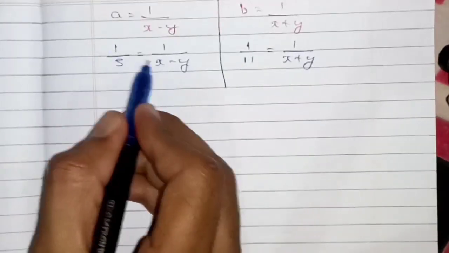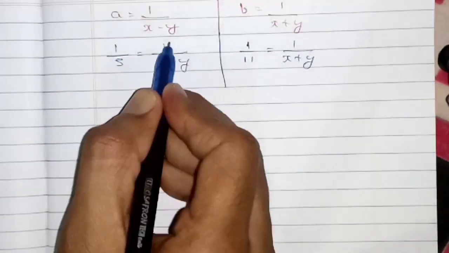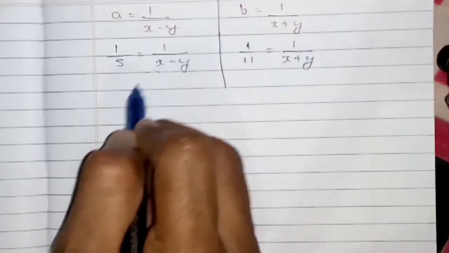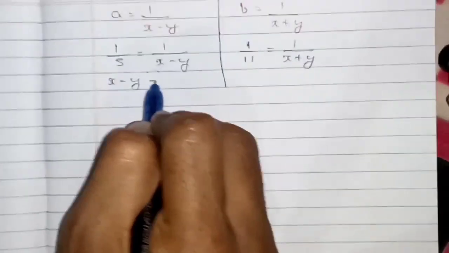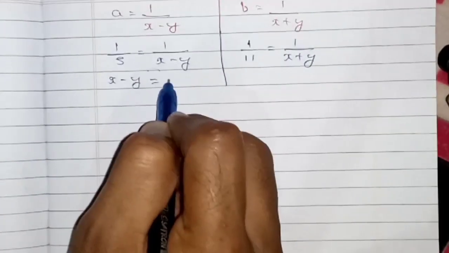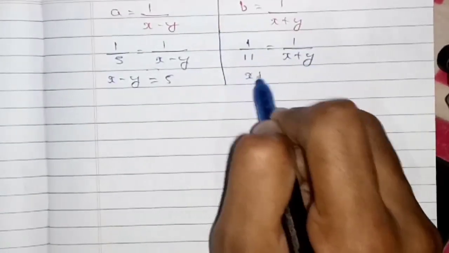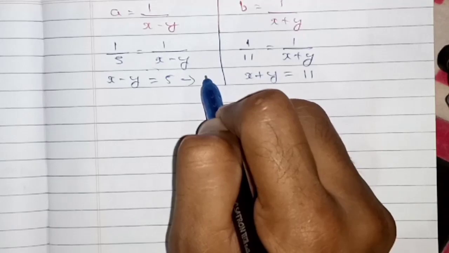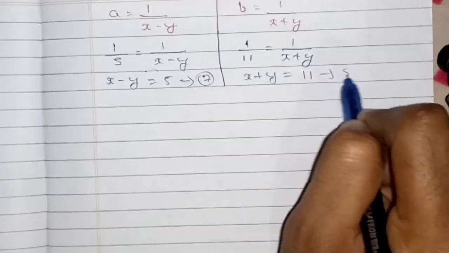Okay, now make a cross multiple. Here you need to multiple x minus y to this 1 and here you need to multiple 5 to this 1. So if you multiple it by 1, the same number will come. So x minus y into 1 is nothing but x minus y only, that's equals to 5 ones are 5. Here also x plus y into 1 is nothing but x plus y is equals to 11 ones are 11, right? Now call this as equation number 7, and this one as equation number 8.